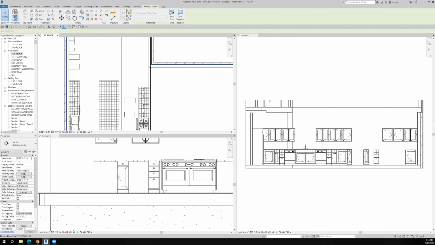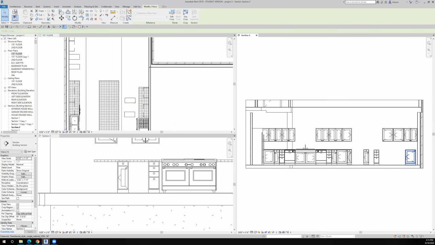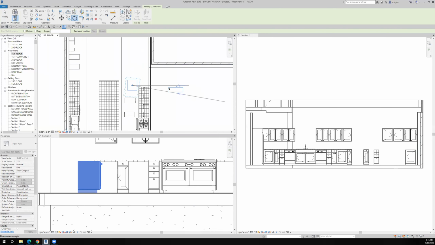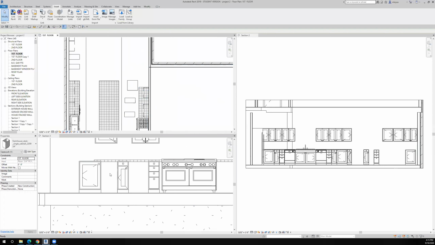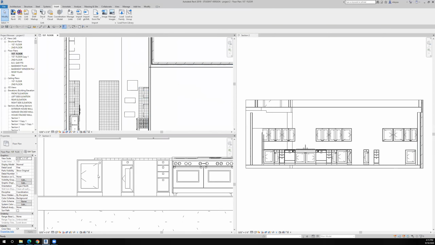And then the last cabinet that I want to put in is this one. So I'll click on it and I'll say create similar. It's trying to do some sort of modification that I didn't want to do. Create similar. And I'll just come over here and put it in. And again, I need to rotate it 90 degrees. All right, so now I have all of my cabinets in the location that I want them in